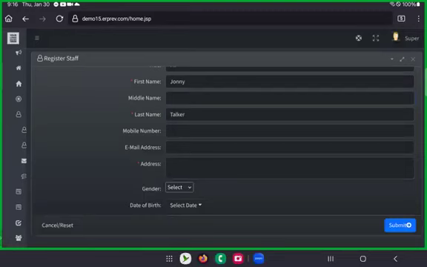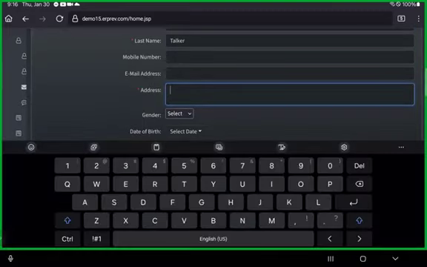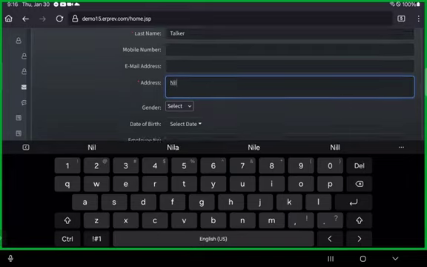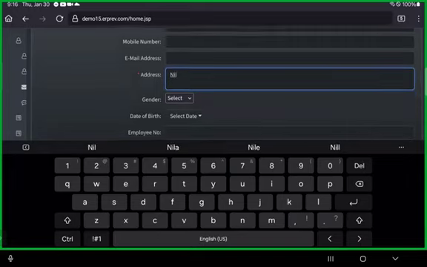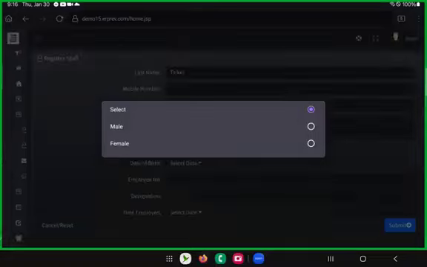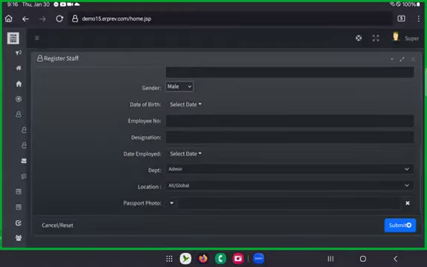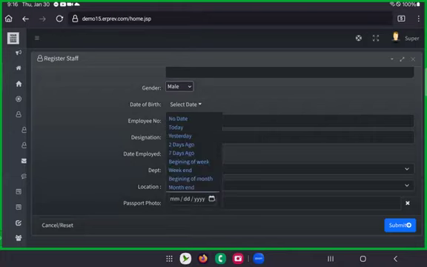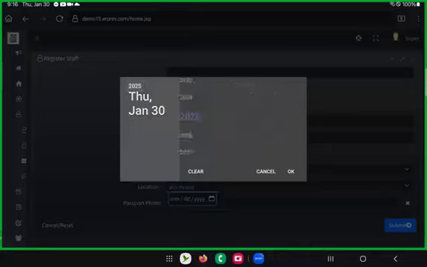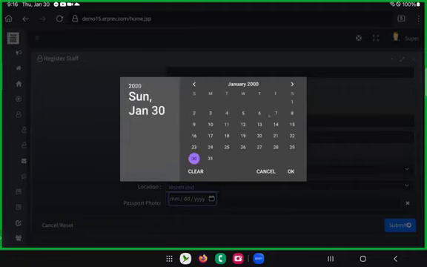Okay, you put the email address here. I'll just type in here, but you can put the mobile number, email address, select the gender. So this is male, date of birth. You can click here, click on the year to select the exact year and month. So let's say it was